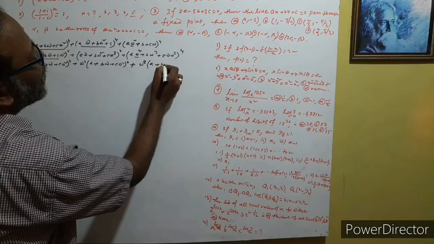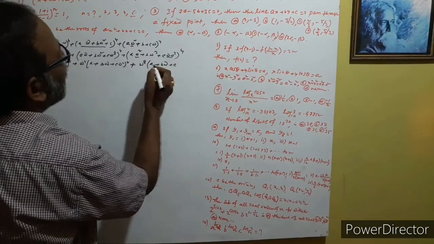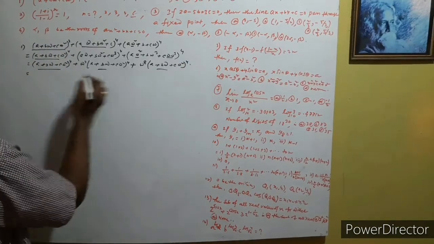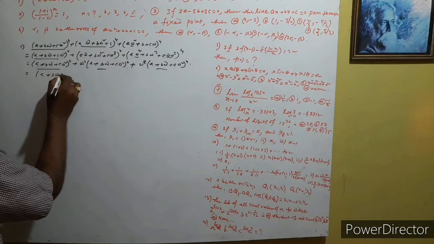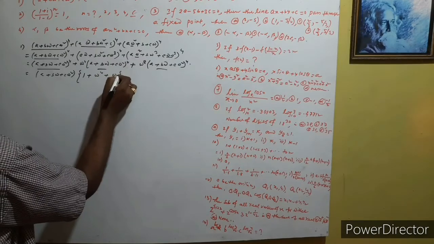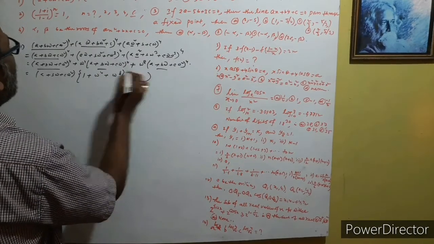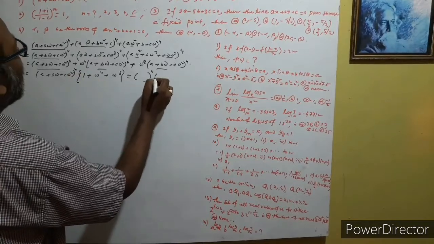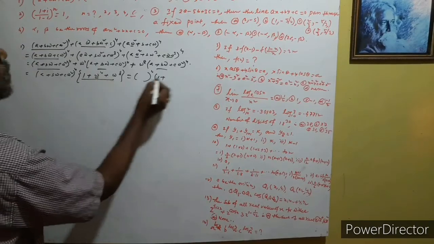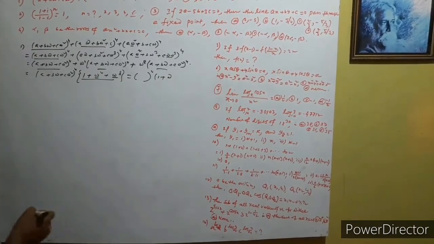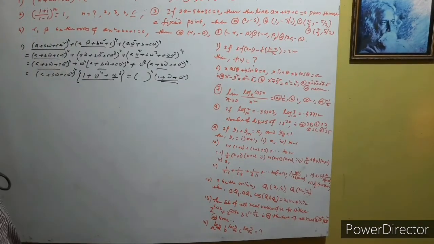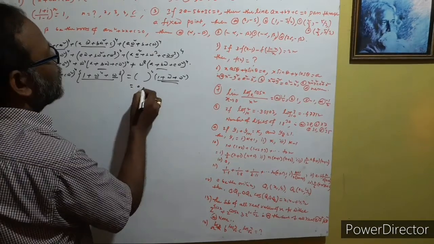a plus b omega plus, this is 4, and take a omega square, so this is here omega square whole to the power 4. And now see, these three parts are same, so a plus b omega plus c omega square, so this is here 1 plus omega to the power 4 plus omega to the power 8. And now see, this is here 4, and now remaining these, omega cube means 1, so we can here write 1 plus omega cube into omega, so this is here omega, and omega to the 6 means 1, remaining all are omega square. So the sum of the three cube roots of unity is 0, so this is 0 here,